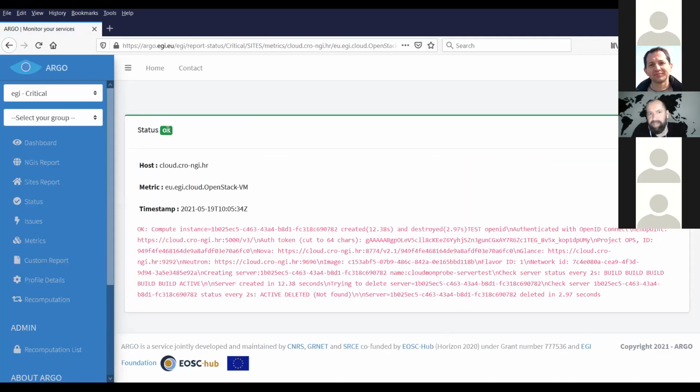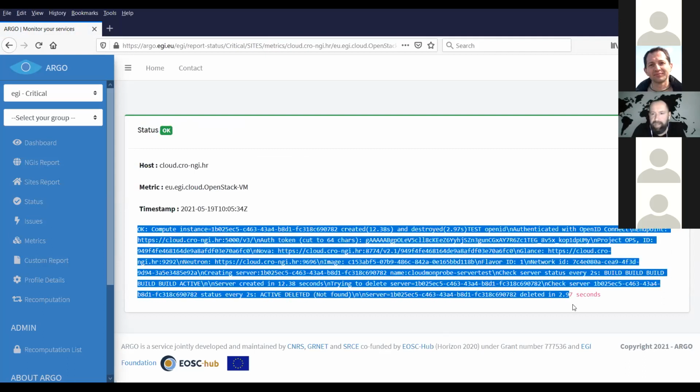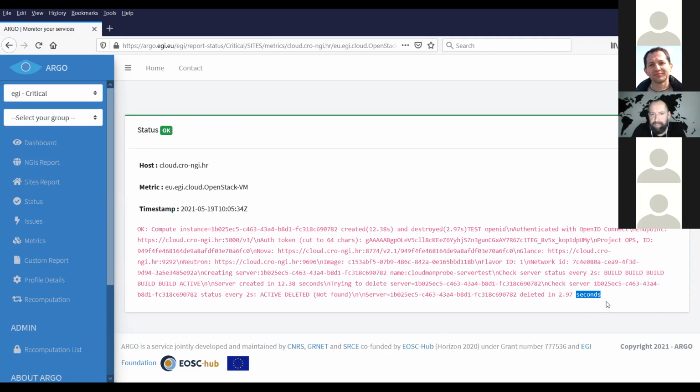So there are 2 metrics which are associated with this thing, and you get the individual ones. This is what I said: this is the status that comes on the exit of the probe. And this is a little bit further output, which tells you what the probe was doing. All right, but if it's okay, you don't really care.